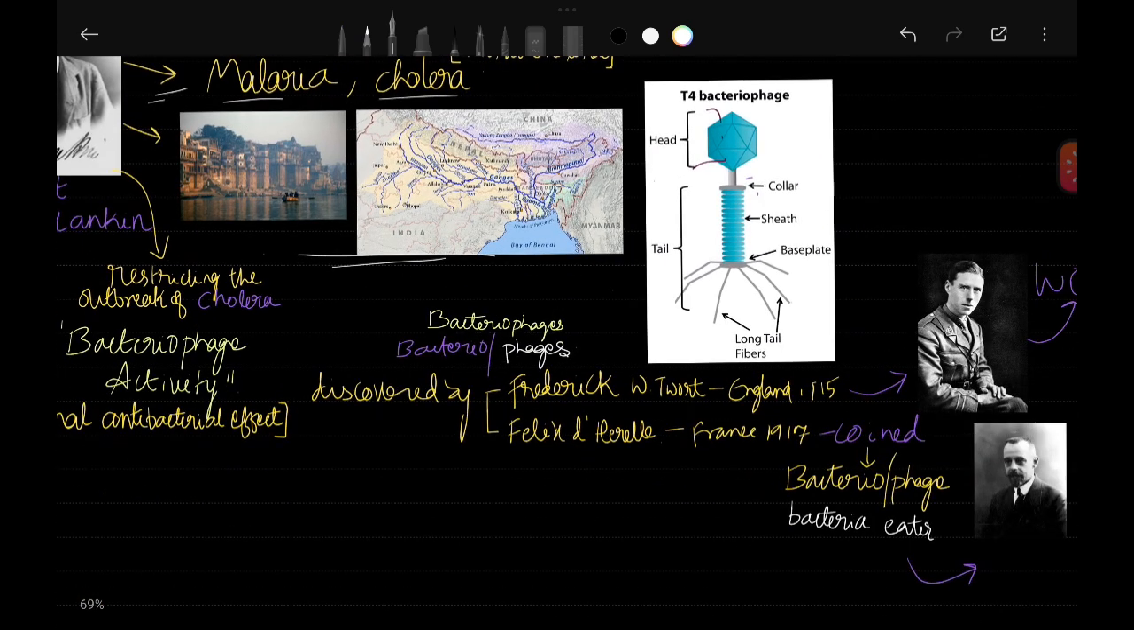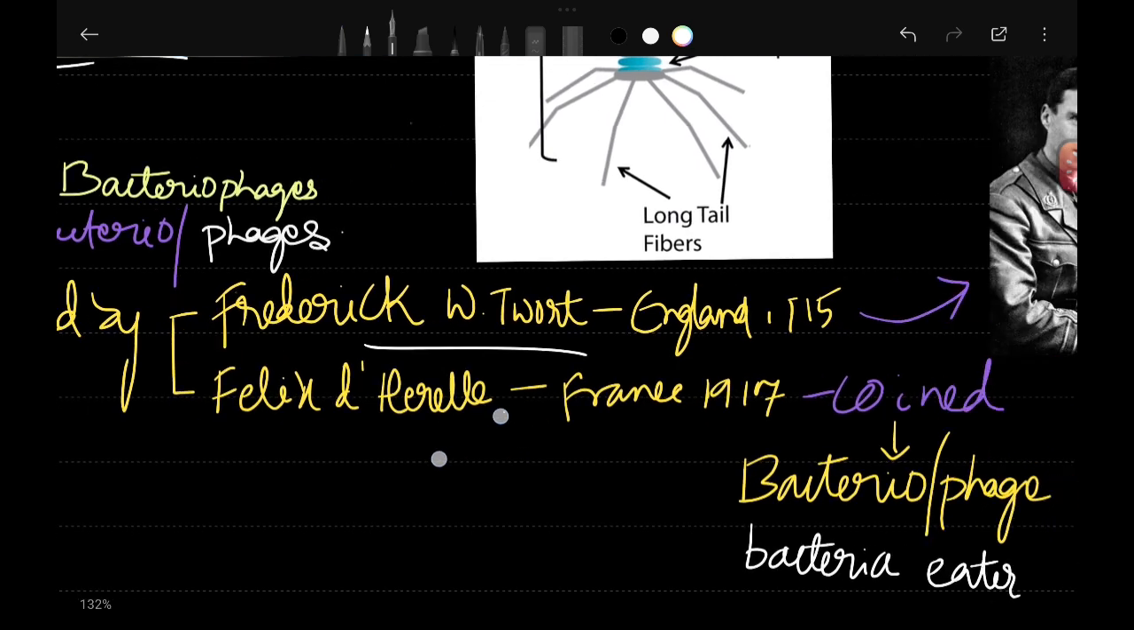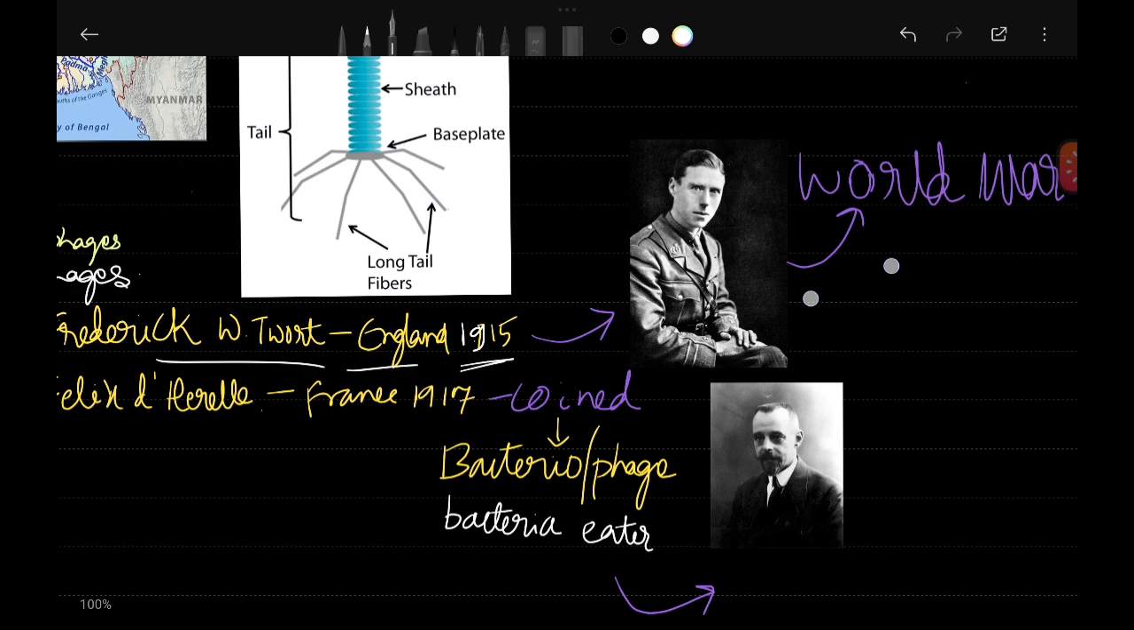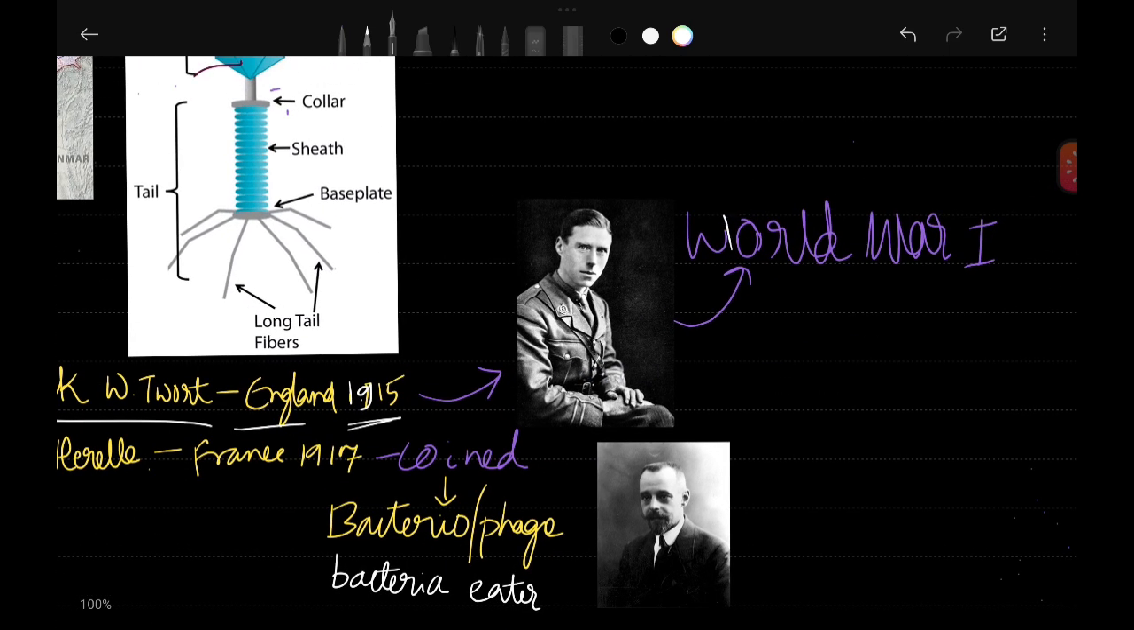And later on, after several years, another scientist named F. W. Twort was also working independently in England during 1915, and he also discovered the bacteriophage effect. Later, due to the outbreak of World War I, he left his studies and joined the army